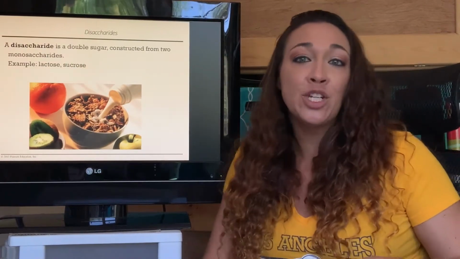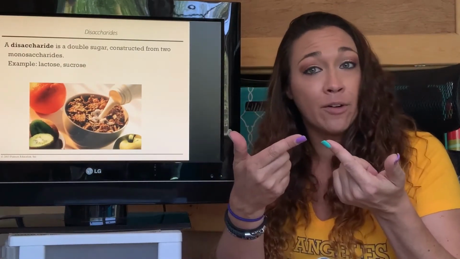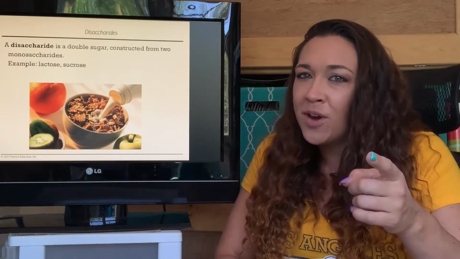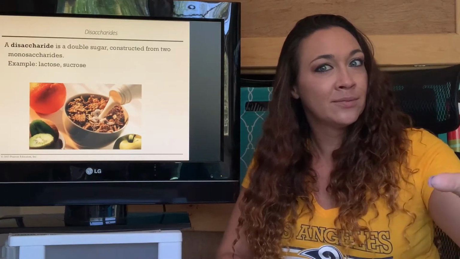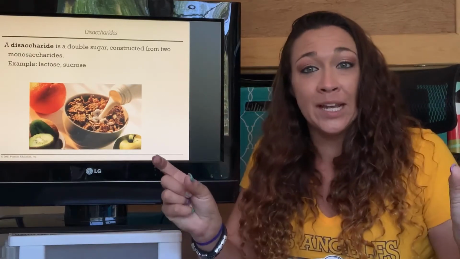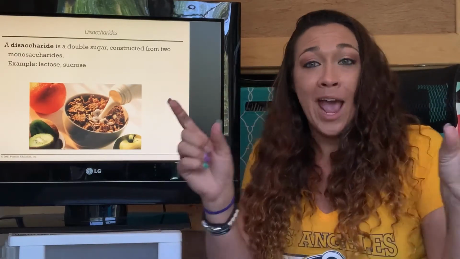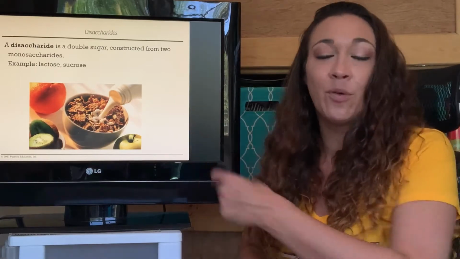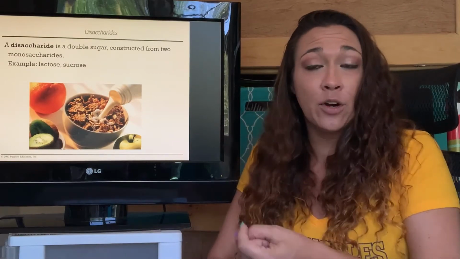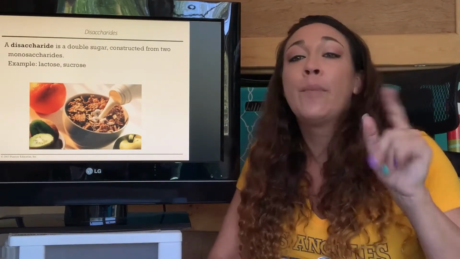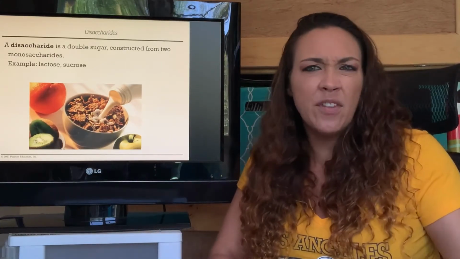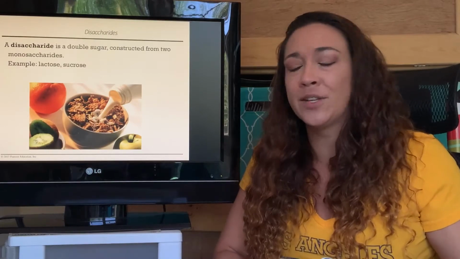Now, a disaccharide, imagine we had a monosaccharide plus a monosaccharide. That would give us a disaccharide, right? And that would be a hydrolysis reaction or dehydration reaction. If you said dehydration reaction, you would be correct. Remember, we're going from a smaller thing and we're building. So in this case, we would kick off that water and we would make that polymer, right? Well, in this case, it really wouldn't be a polymer because there's not many. There's only two. So a disaccharide is two simple sugars. Monosaccharide plus monosaccharide gives us our disaccharide. And again, that would be something very simple like lactose or